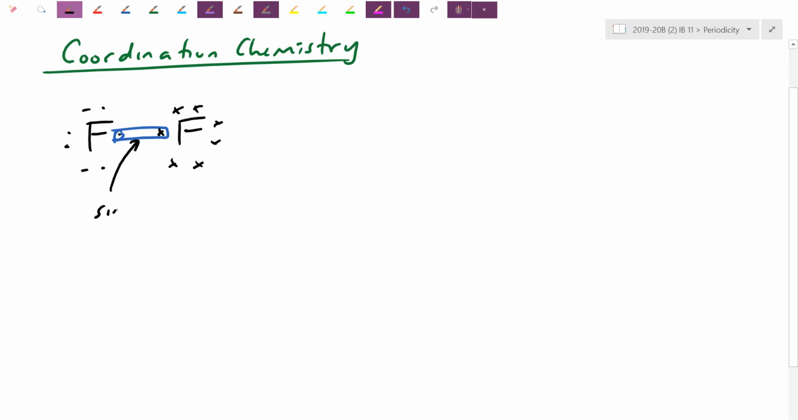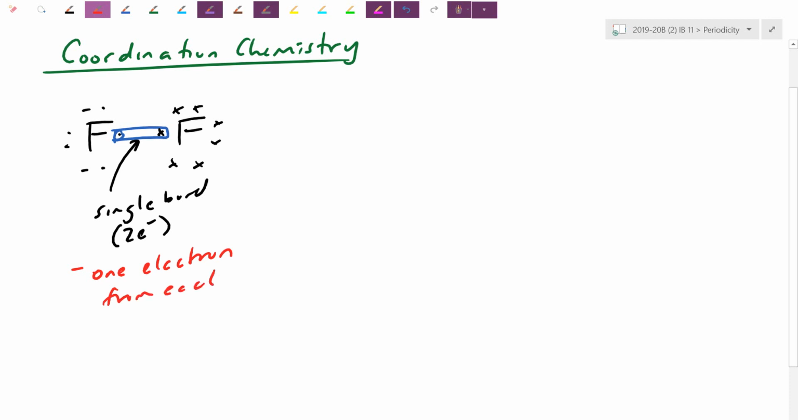Again, we're going to say this one here is a single bond. A single bond is made out of 2 electrons. This, I would say, is a normal covalent bond because you see that 1 electron comes from each partner. So the fluorine contributed 1, the other fluorine contributed 1, and therefore we get a single bond. The type of bond that we're looking at for a coordinate bond or a dative bond between ligands here is